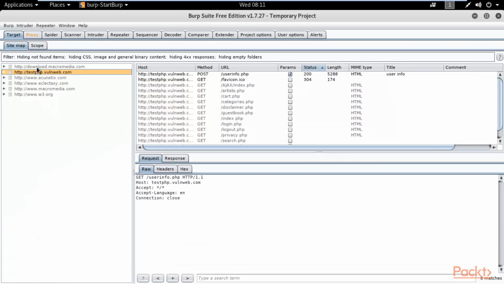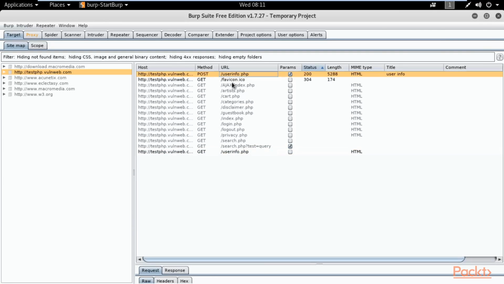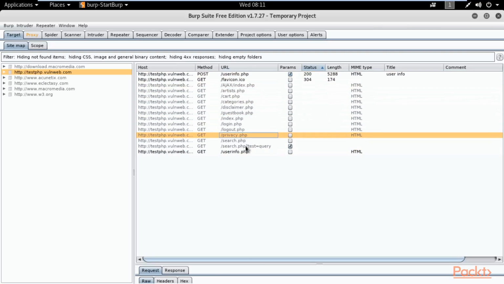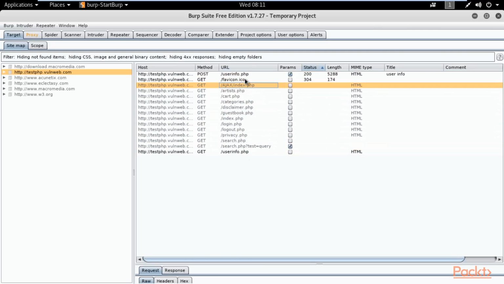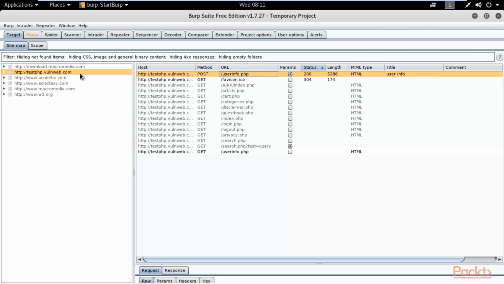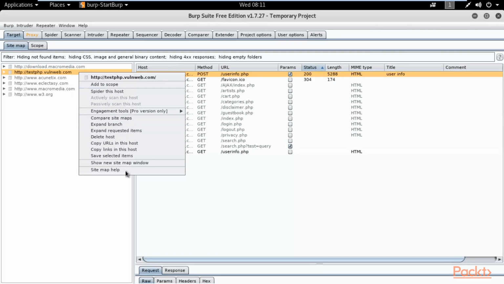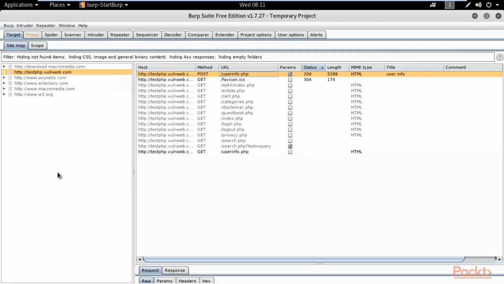And here you can see in the target it is already available, and here you can see the spidering process. All the URLs available in the website are available here, right? This is also part of the scanning process. Got it? You can right click here and you can perform any kind of activity here. So this is the complete package for web application. You can perform web application pen testing very properly from Burp Suite free edition inside the Kali Linux operating system.